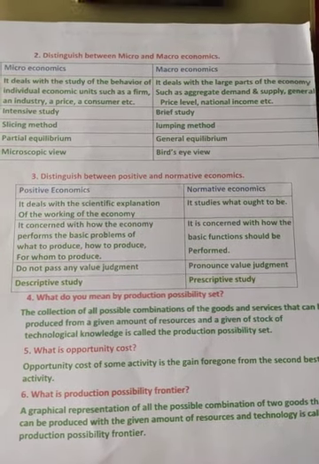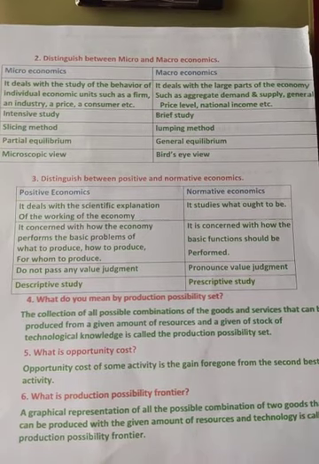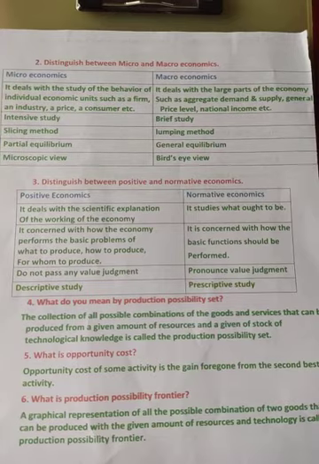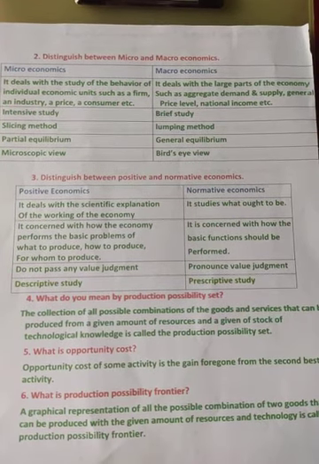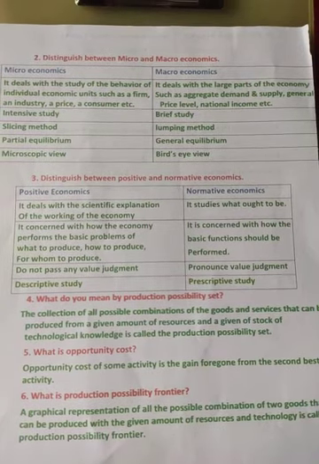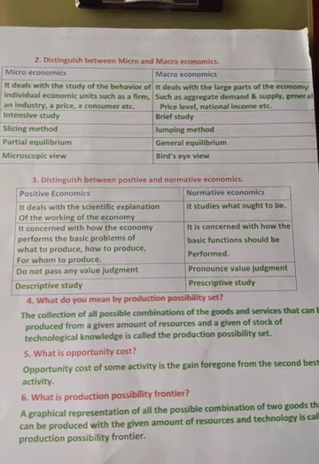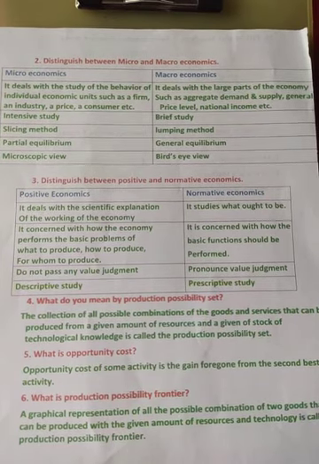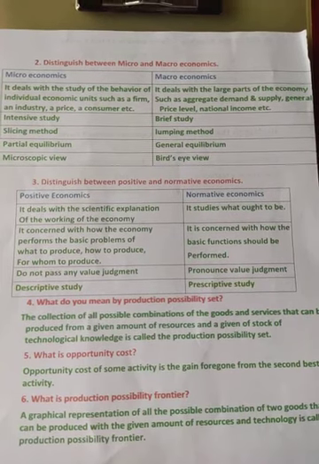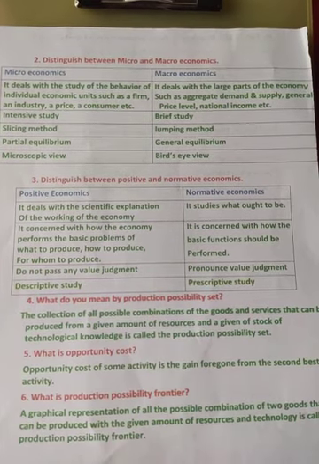Up to this, the 2 marks questions. In the next class, I will explain and give notes about 4 marks questions and answers. See here, in the second 2 marks question, distinguish between micro and macro, the last point is microscopic view. Microeconomics can study through a microscopic view, that means it studies small parts of an economy. Macroeconomics studies large parts of an economy, like aggregates. That means bird's eye view.